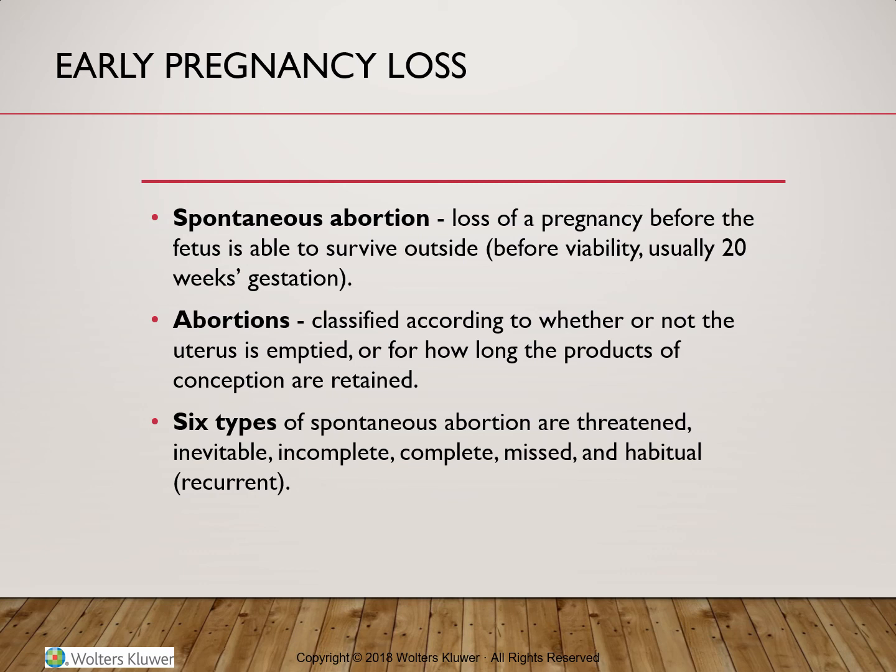We have incomplete abortions. Some, but not all, of the products of conception are expelled. Most commonly, the fetus will be expelled, but the placenta and membranes will be retained, and the only acceptable treatment will be to perform a D&C. We have what is called a complete abortion. All the products of conception, fetus, membranes, placenta, everything is expelled, and usually surgical procedures are not necessary, and the woman can go home with instructions to monitor for any complications such as heavy bleeding or fever.